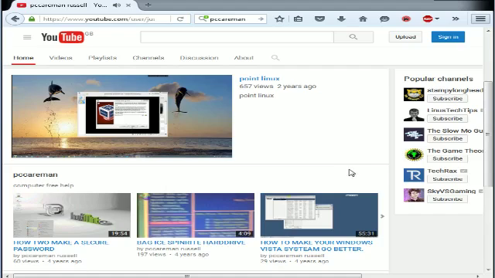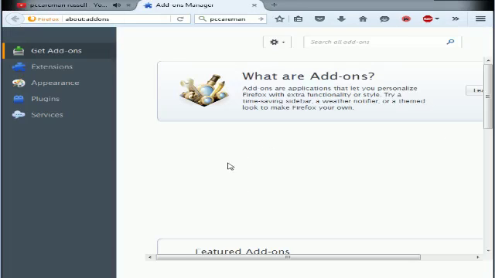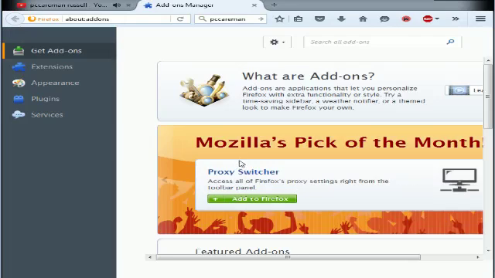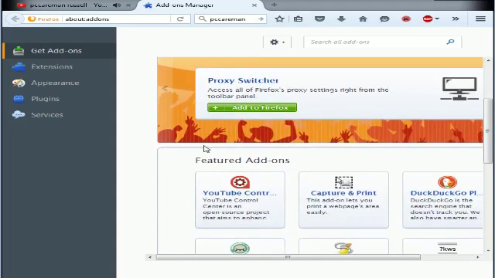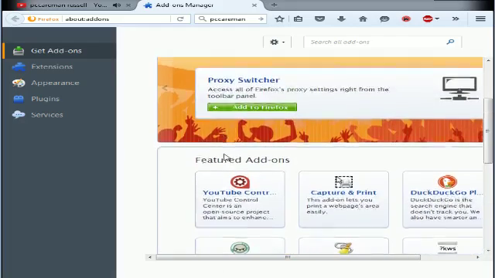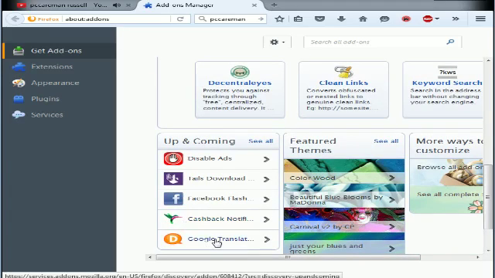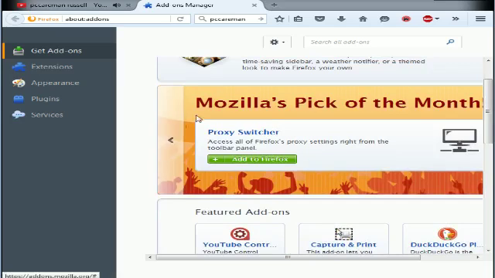Okay, so let me go through the process here. Now I'm going to run it off the live CD. Okay, now do update your Flash plugin for Firefox. Hopefully we'll be able to show you how to install it and use it. Okay, so Firefox has been pretty well recommended. These are different plugins that can be used for different purposes, depending on what you will be using them for, whether you need a translator to translate if you're going to a foreign website, or a VM box, Facebook, etc. There's quite a number of different ones, but I would recommend